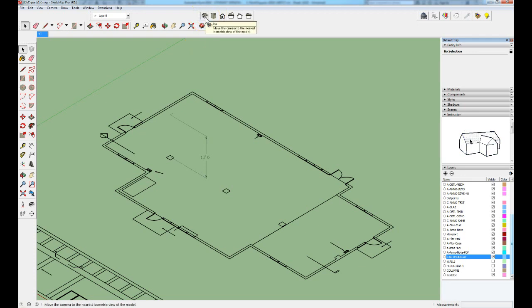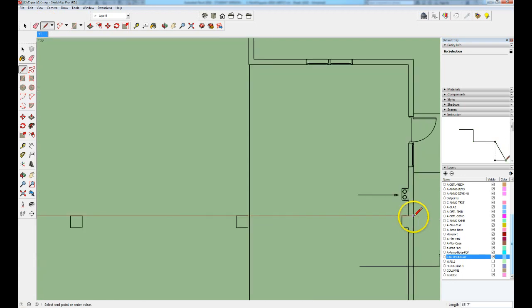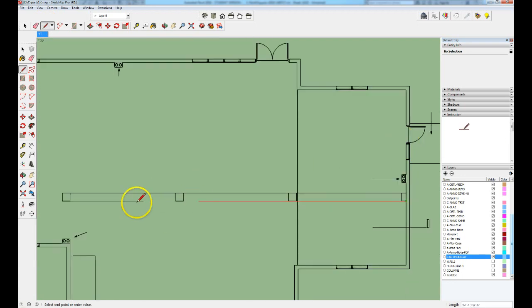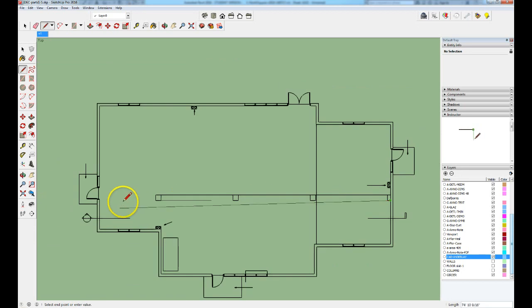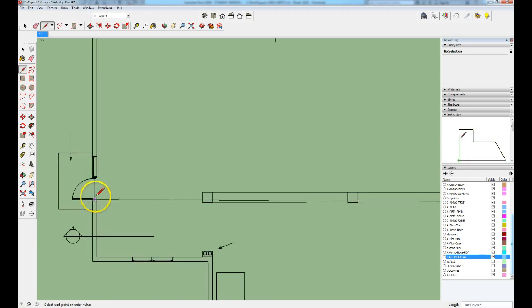Let's go to a plan view, remembering that we're going to have to raise it to an elevation of 13.6. Let's go to a top view and go ahead and draw lines that create the profile of this girder. We're assuming, perhaps incorrectly, that